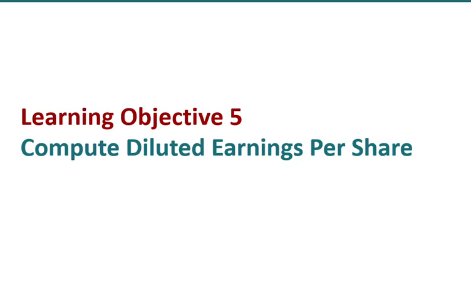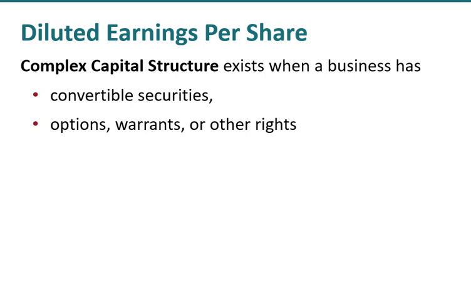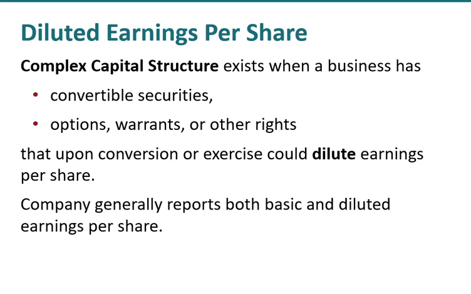The next set of videos walks through the computation of diluted earnings per share for firms with complex capital structures. A complex capital structure exists when a business has convertible securities, options, warrants, or other rights that upon conversion or exercise could dilute earnings per share, and companies generally report both basic and diluted earnings per share on the face